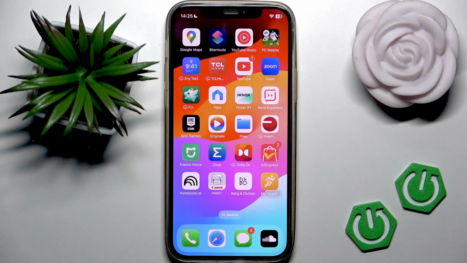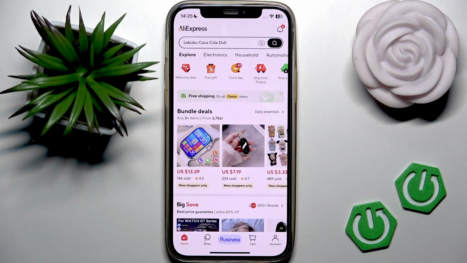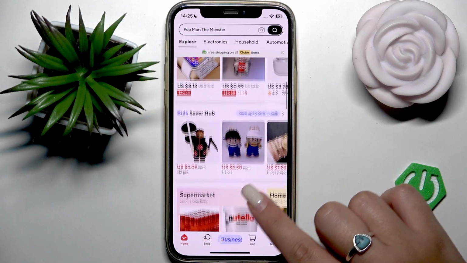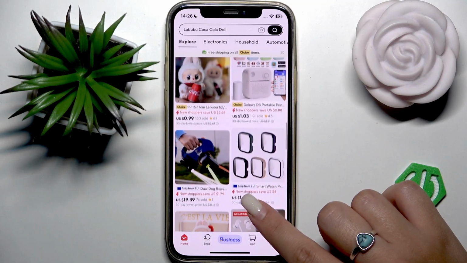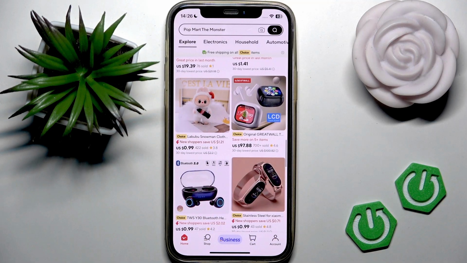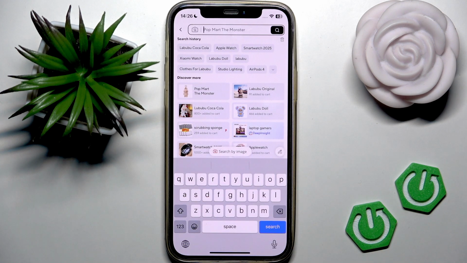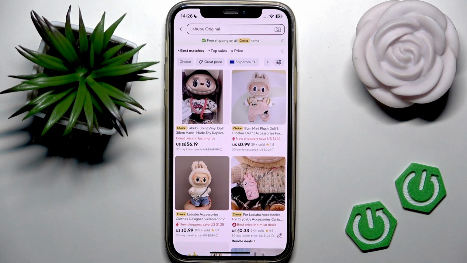First of all, you want to create your AliExpress account or log in to your already existing one, of course if you have your account. Then browse the application to find the product that you want to order. You can simply explore your homepage or go to the search bar at the top of your screen to find a specific product that you want to order. So let's find this one, for example, and you want to open